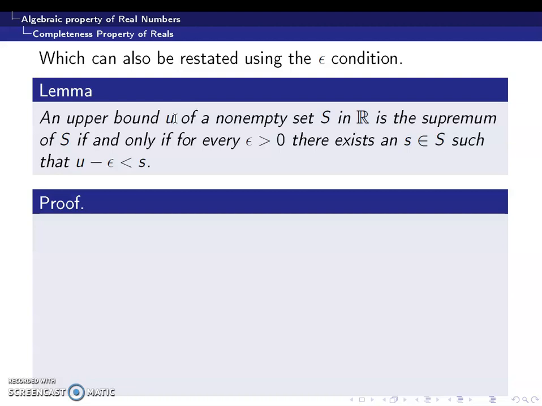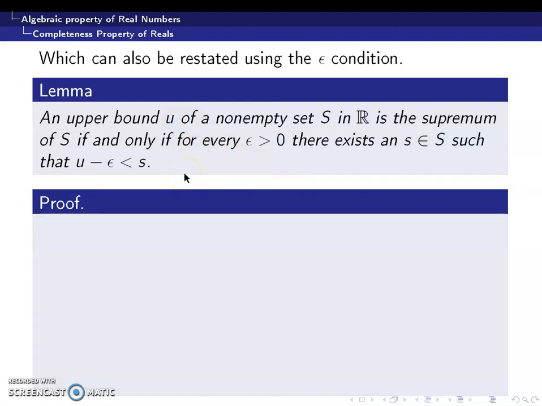So in order for an element U to become a supremum, it is enough that for every epsilon greater than 0, there should exist an element s which is in between U minus epsilon and U. In other words, for a real number U and an epsilon greater than 0, if in between U minus epsilon and U there is always an element in the set S, then we can say that U is the supremum of the set.